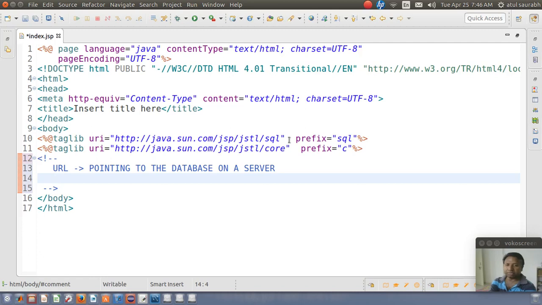The second piece of information I require is the driver class, and for this example I am going to use the JDBC 4 driver.